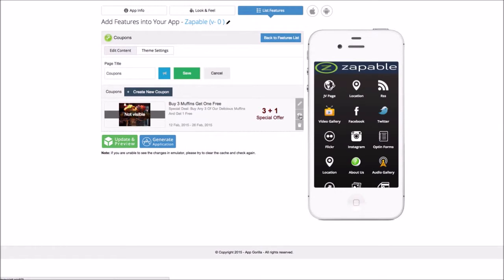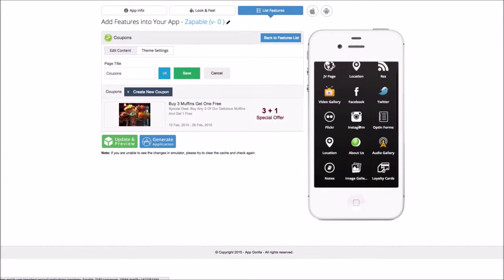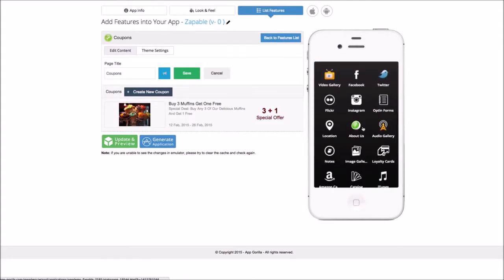So you can hide the coupon, and if I do that, it'll instantly not be visible within the app, or I can choose to show it, or I can just delete it. If I create a new coupon, it will display automatically within the application. There's no rebuilding your app and then submitting it again for approval. Everything you add in here will automatically display in your app to all your users, and it goes for everything